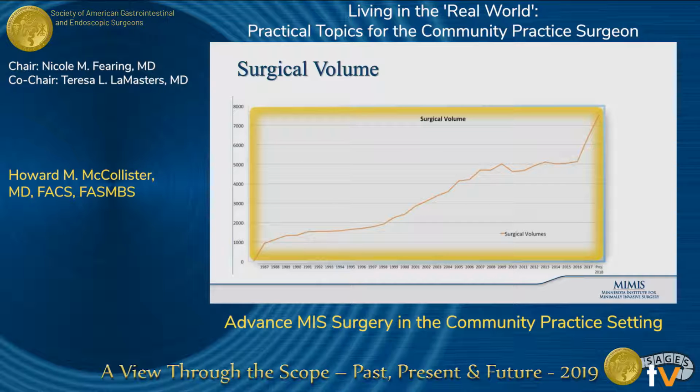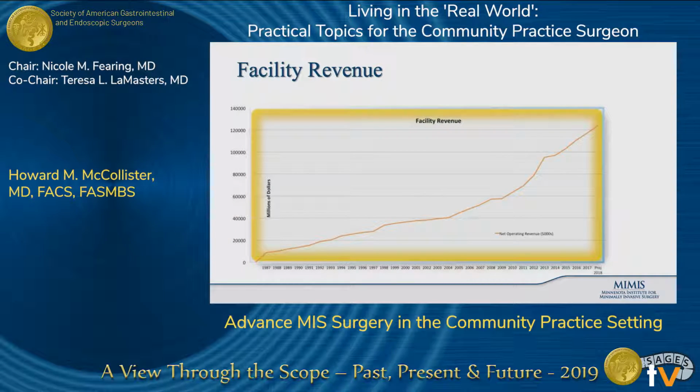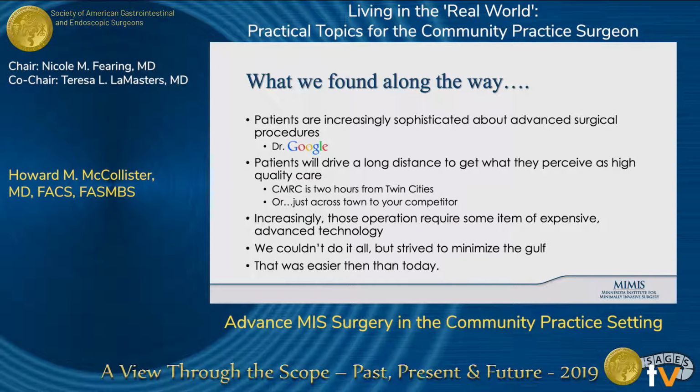The first year we did 750 cases in 1987. Last year we did a little less than 8,000 cases during that period of time. The facility revenue kept pace. Our budget when I started there, the annual hospital budget was $8 million. This year the budget is $150 million. So we came to a lot of conclusions along the way as we looked at this, and we found largely